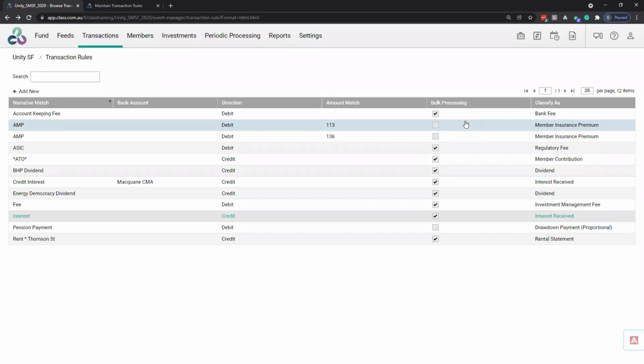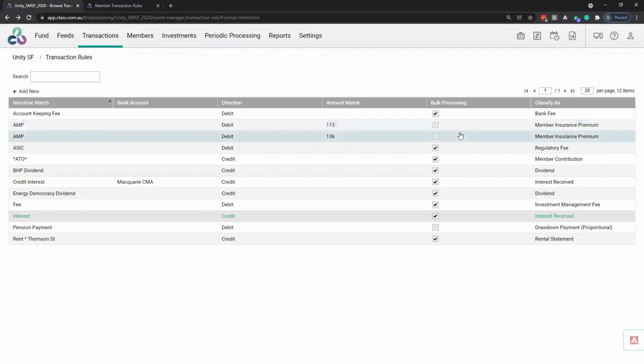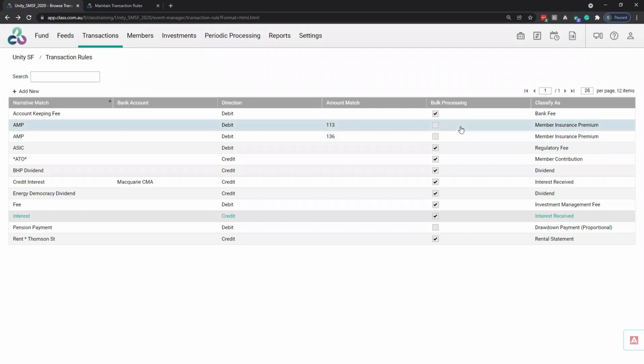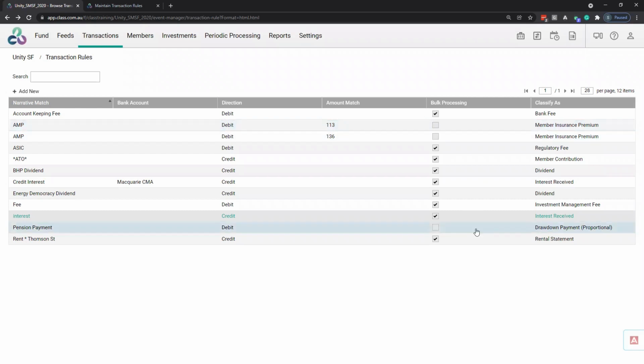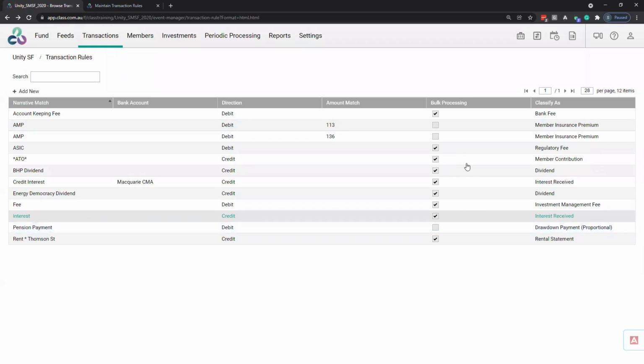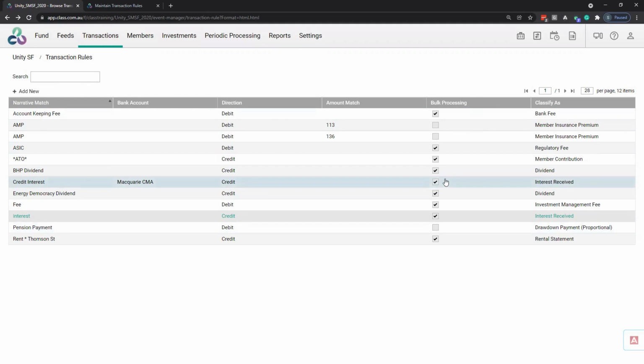So in the case of our member insurance premiums, we know that these will change annually, and we would rather not have the rule try and process in bulk every year. So we're going to choose not to set the bulk processing for those. But certainly for other types of transactions like account keeping fees and credit interest, we do want to make sure that the system is automatically matching those off each and every month.